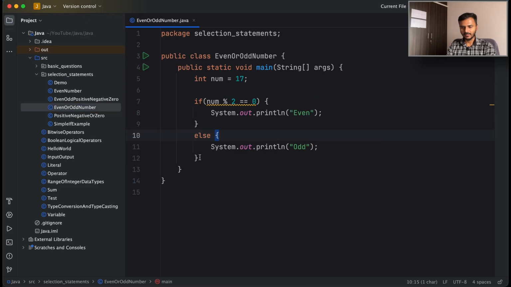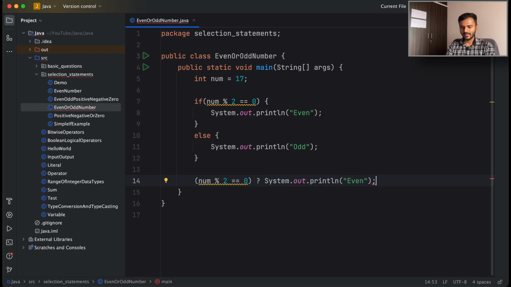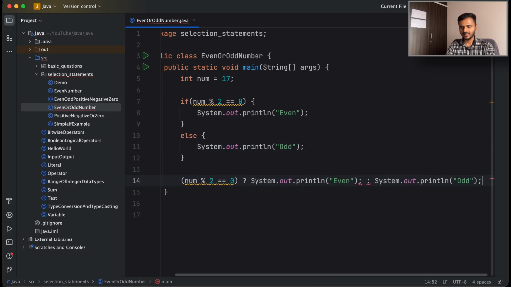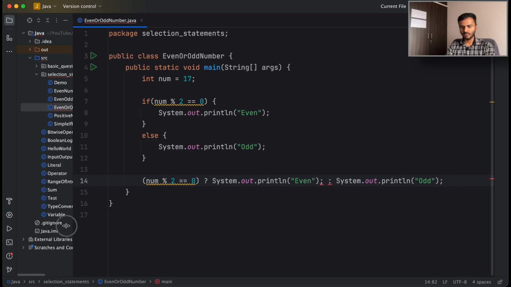So with this clear, let's come to IntelliJ and let's close all of the tabs and let's open the even or odd number program where we have used if else. Now, if we were to do the same thing using ternary operator, what can we do? Well, we will first of all grab the condition that we have, right? Then we will give a question mark. Now, what do we want to happen if the condition is true? Well, we want to print even, right? So if I grab it and paste it over here with a semicolon and then give a colon, and then for the else, if I grab this and paste, you can see that we are getting a few errors, and